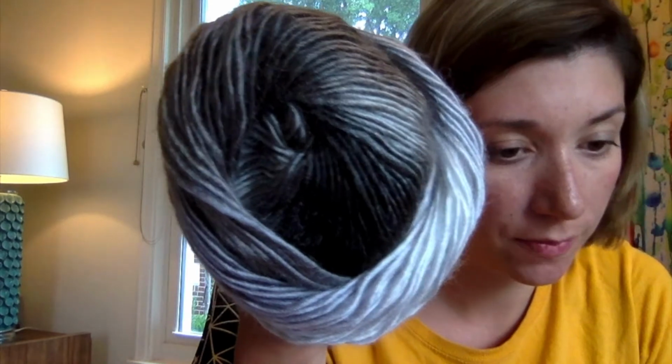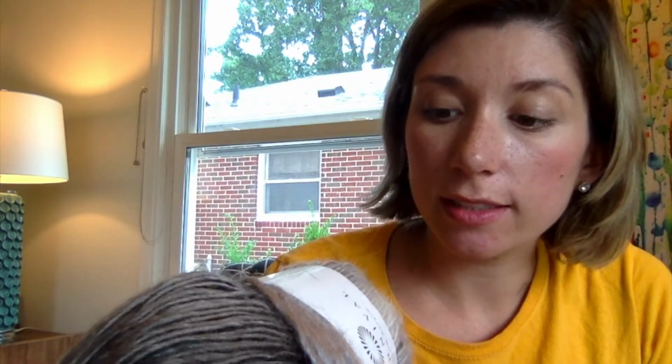So I'll probably make myself a hat and maybe like a cowl. I probably don't have enough for that, actually. It's 262 yards, and it's a number 3. But it's like a roving style, so it's probably not going to be that consistent, if you guys know. And it definitely is starting a little thinner than this Tivoli. So this is also a number 3,